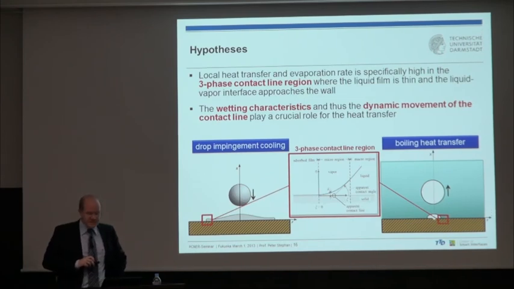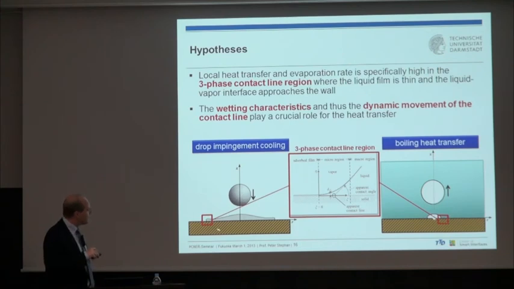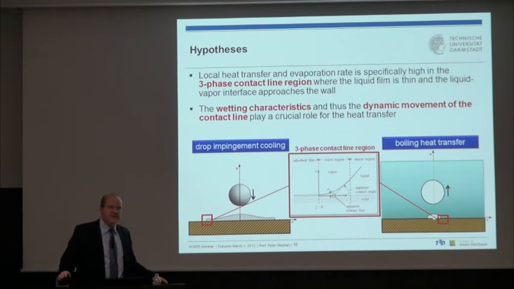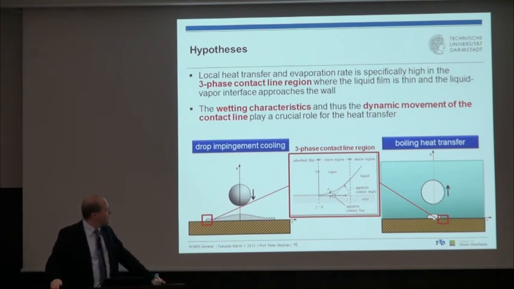Now the hypothesis is the following: when you have a droplet impinging on a hot wall that is superheated against saturation temperature, and when you have a superheated wall where you have boiling heat transfer, here you have a wetting area where the 3-phase contact line appears. That means a contact line between vapor, liquid, and the solid. And there are many studies about the phenomena in this 3-phase contact line. We started to study this